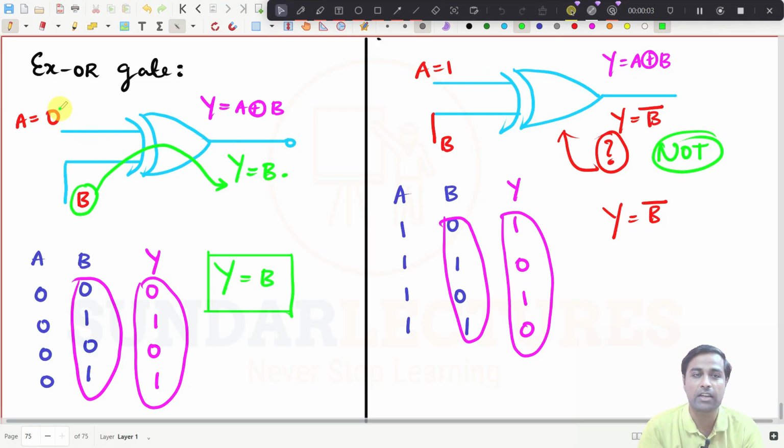Now, can you understand? If you give default 0 to one pin of the XOR gate, whatever you give will pass through. And if you give default 1 to one pin, it will make the input whatever you are giving here